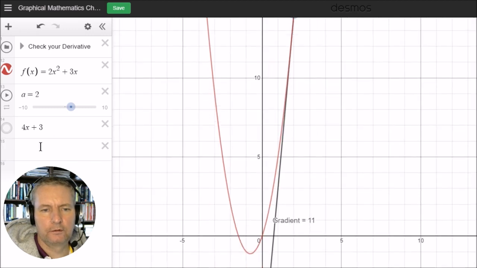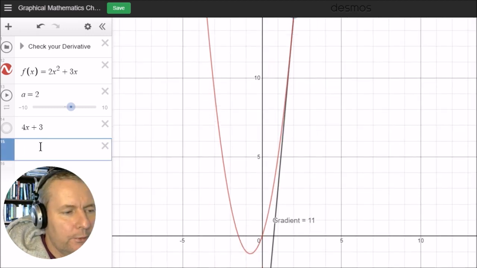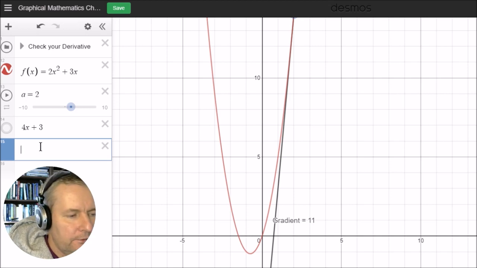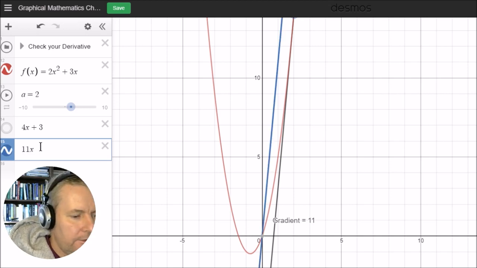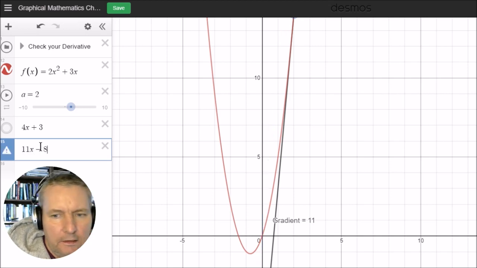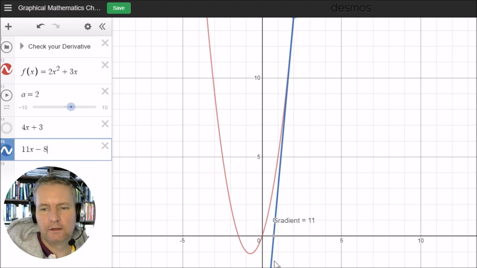So we'll put the solution in. The solution was y equals 11x minus 8, so that's 11x minus 8, and you can see that it sits exactly on that tangent. Okay, so that means that we've got the answer correct. So again, you can go and put in a few different equations and then work out the equation of the tangent at certain points on those equations,